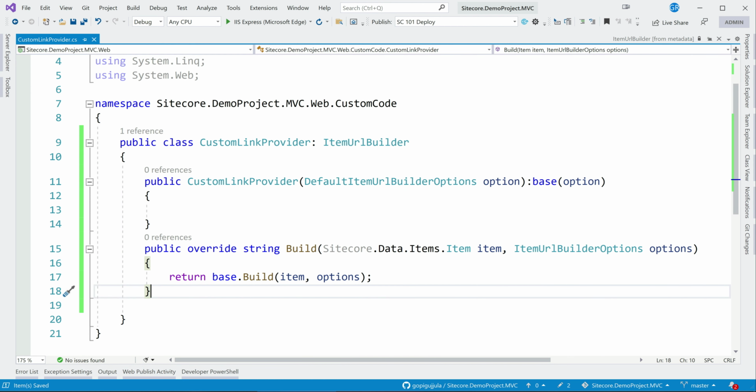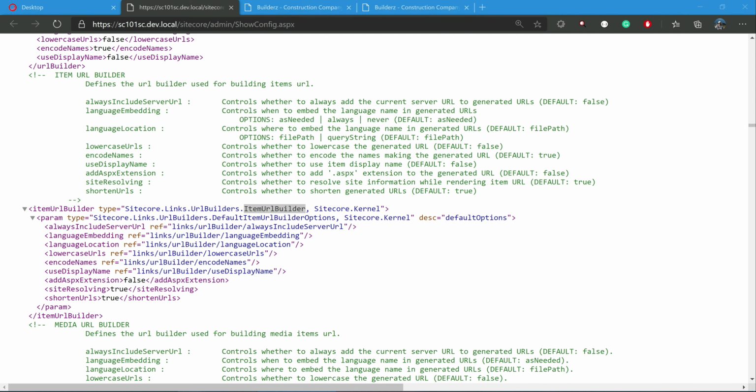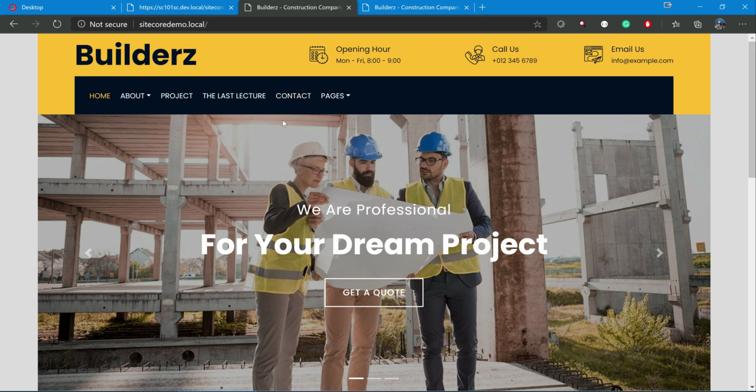But we want to add our cases here, I mean our conditions. Imagine in our case, if this is coming to a book page, then we want to change the URL. But if it is going to any other page, like maybe a normal page, we don't want to customize anything, we just want to use the URL as it is. So how do we do that?